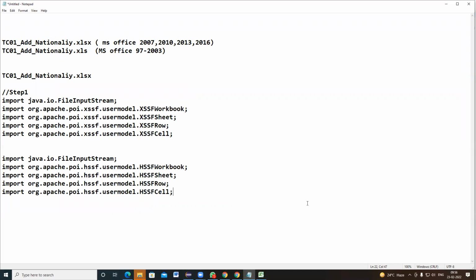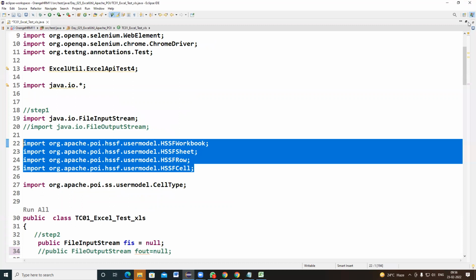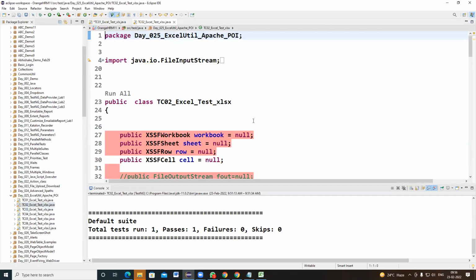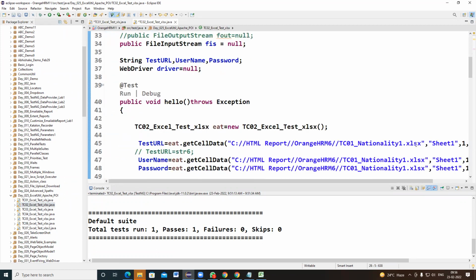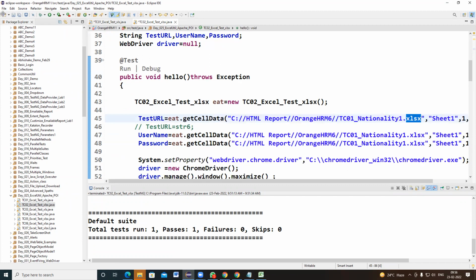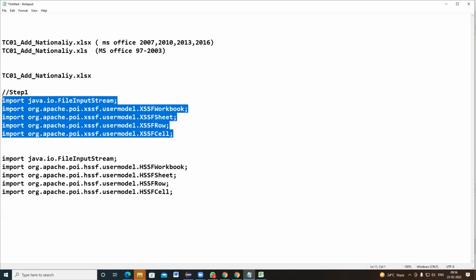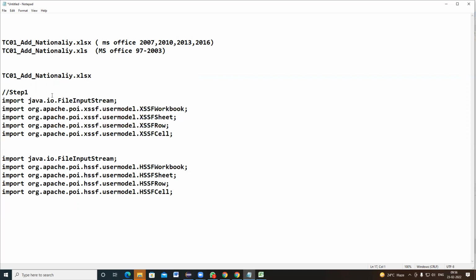Okay, so whenever you want to read input data from .xlsx, you go to the previous program. See here, the extension of my file is .xlsx. Whenever you are reading input data from a .xlsx, you import these supporting class files.